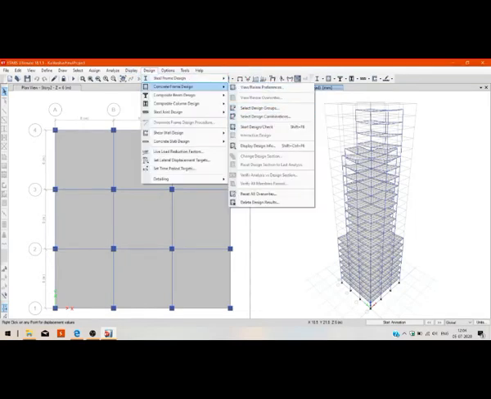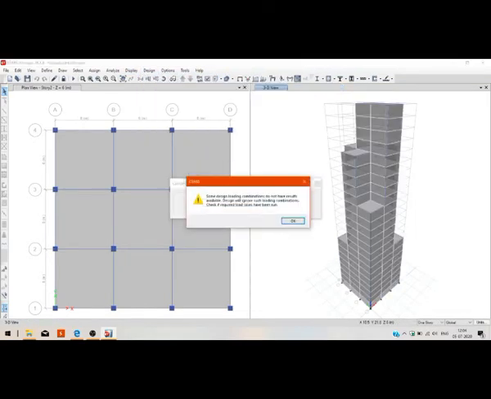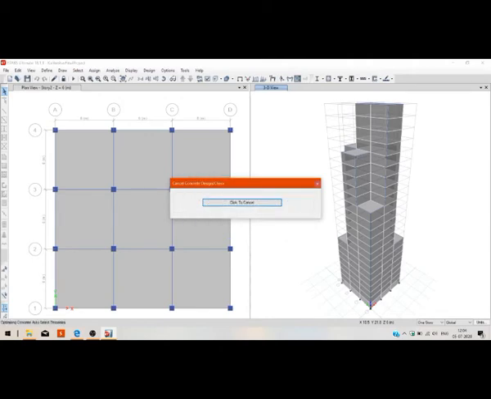Now we will design. Go to concrete frame design, then view whether IS456 has been taken or not. Now we will start designing.